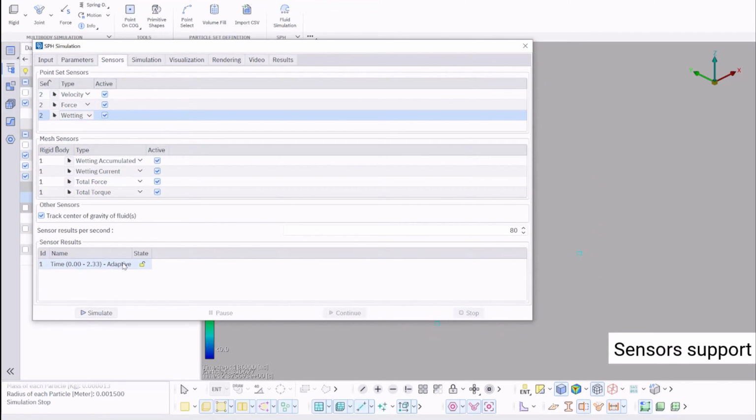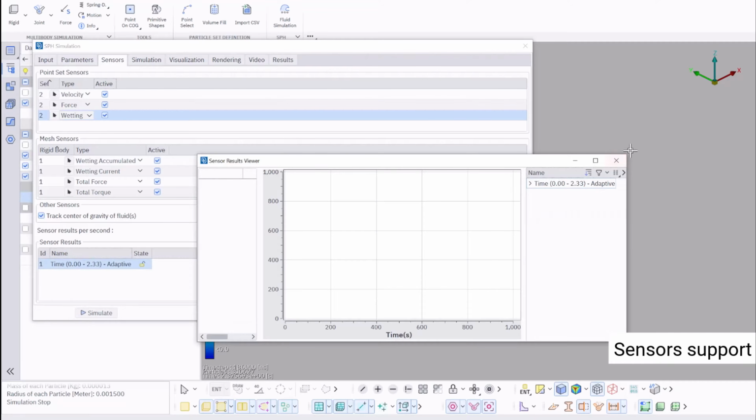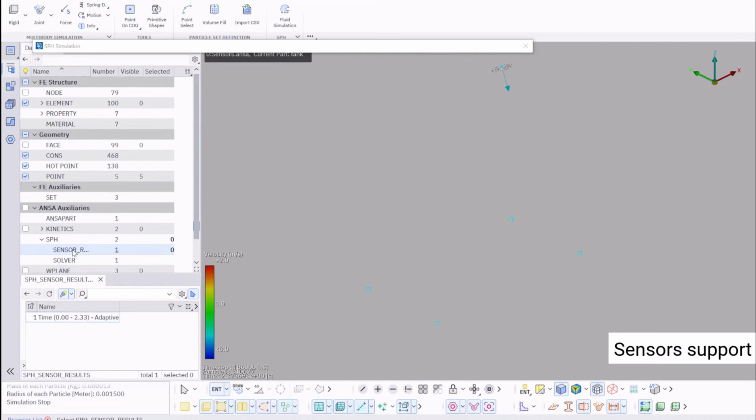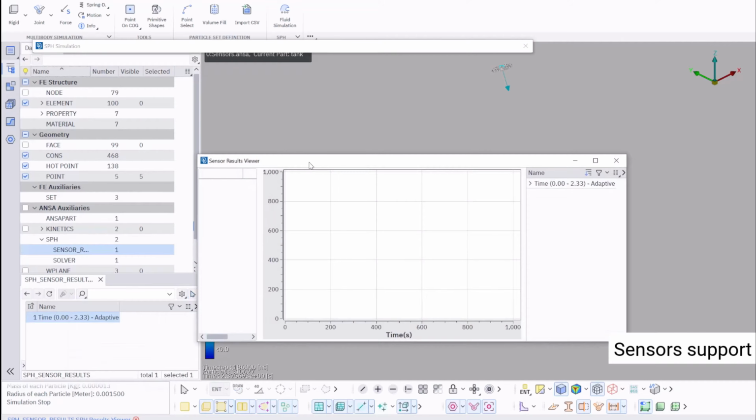Double-clicking on the sensor results, the Sensor Results Viewer is activated. The same can be achieved from the database browser from SPH Category Sensor Results List and from the context menu select SPH Results Viewer. On the right we have a label for each active sensor.